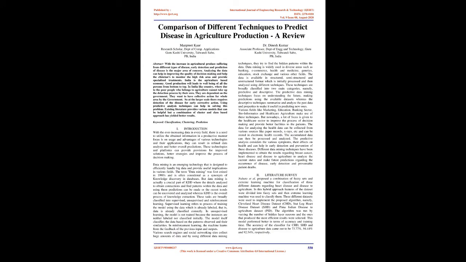Comparison of different techniques to predict disease in agriculture production, a review. Abstract. With the increase in agricultural produce suffering from different types of disease, early detection and prediction of disease is the major area of concern. Analyzing the data can help in improving the quality of decision-making and help the clinicians to monitor the high-risk area